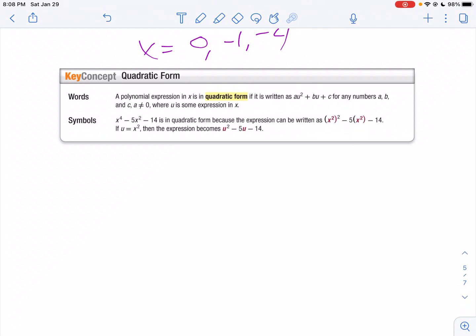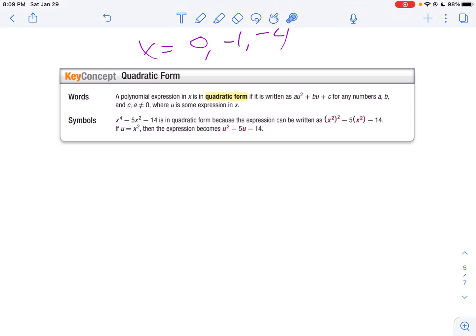We can write polynomials in what we call quadratic form, provided it's in the form of a number squared plus a number plus c. In other words, when I have something that can be written in quadratic form, I'm going to have some term, a different exponent for my middle term, and then I'm going to have a constant. So for example, if I have x to the fourth minus 5x squared minus 14, what I'm going to do